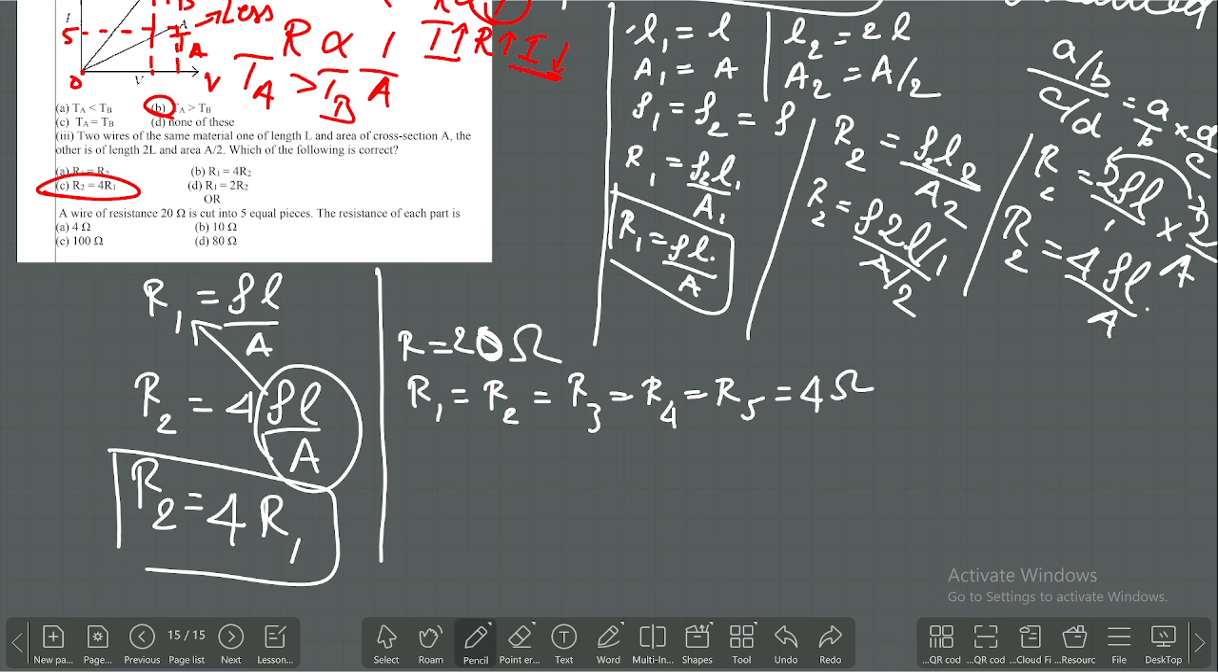In the question, they directly asked the resistance of each part. So what will be our answer? Our answer will be option